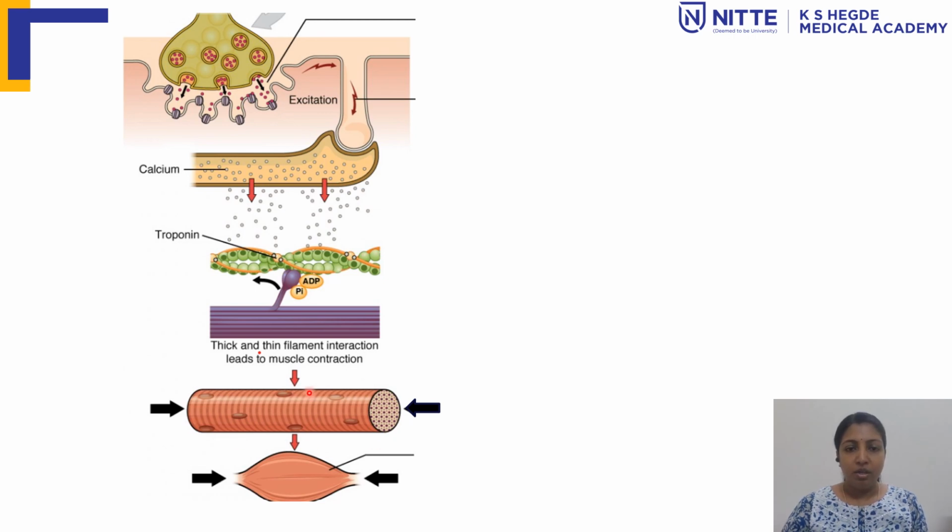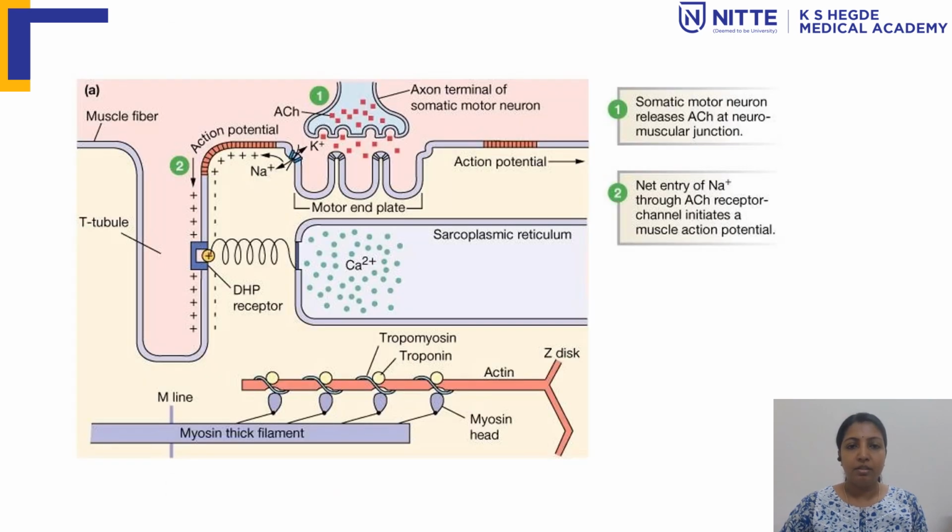Let's learn in detail about excitation-contraction coupling. As I told you, at the neuromuscular junction, acetylcholine is released. There is influx of sodium, depolarization, and initiation of the action potential. The action potential is propagated through the T tubules into the sarcoplasm. In this membrane, you have the DHP receptors, which are voltage-gated calcium channels. When the action potential is propagated, there is opening of the